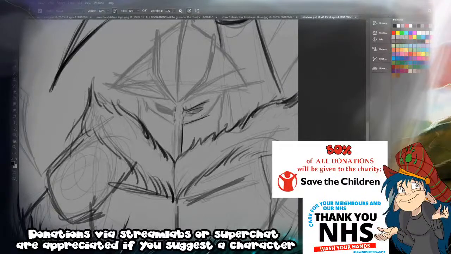I would love to see the story of Hades and Persephone in the animation style of DreamWorks 2D animation, which is gorgeous looking. Yeah, that would be cool.